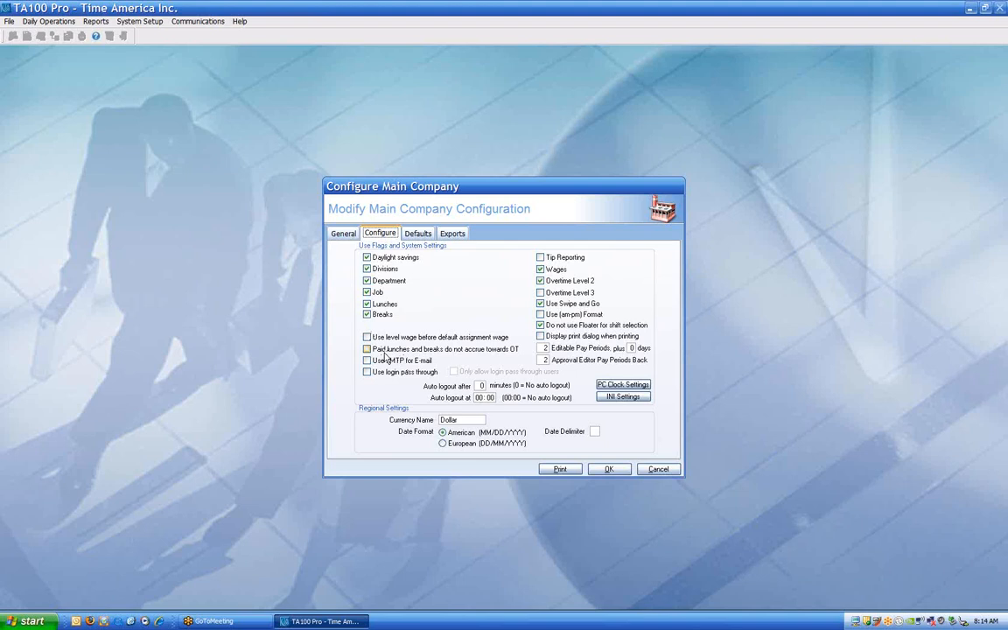The paid lunches and breaks do not accrue towards overtime. In this window, it's only applicable if the company that you're working with has decided to pay for lunch. If they are not actually paying for lunch, then again, in most cases this question is not valid, because most companies that do indeed pay for breaks, meaning they have their employees punch for break, but they still pay for the 10-minute or the 15-minute break, most breaks do indeed accrue towards overtime, meaning they allow that time to still accrue